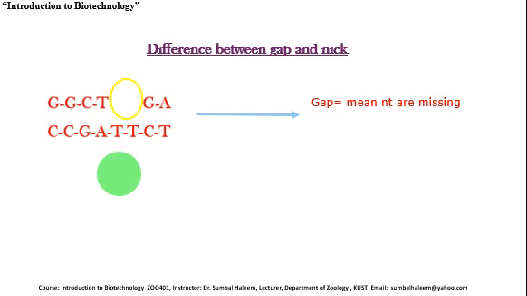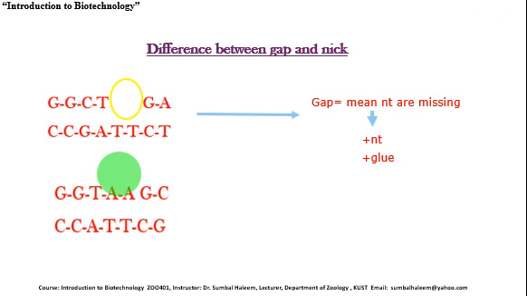So what do we need to fill this gap? We need the nucleotides as well as a molecular glue that can form the phosphodiester bond. For the addition of the nucleotides we need the polymerase enzyme, while for the linkage or attachment we need the ligase enzyme, which is the molecular glue. So this means there is a gap in the DNA strand.